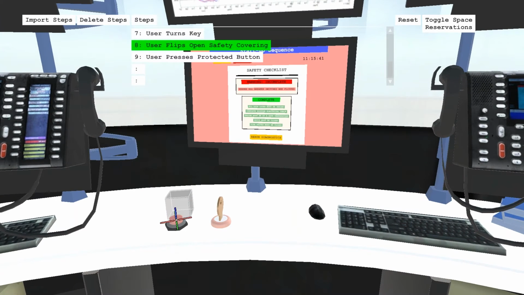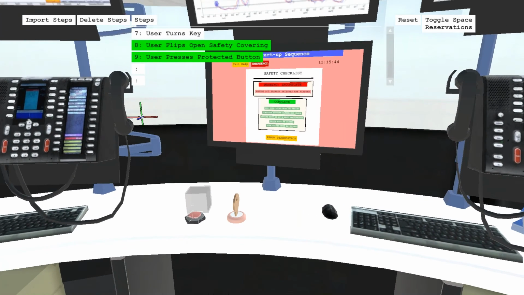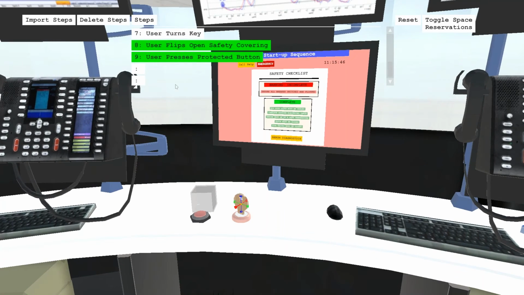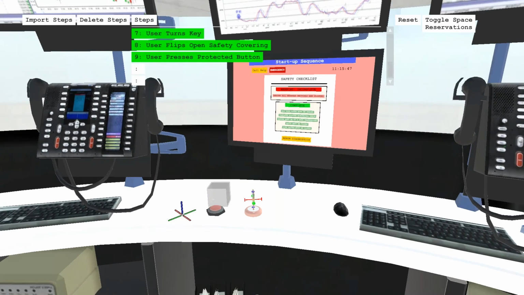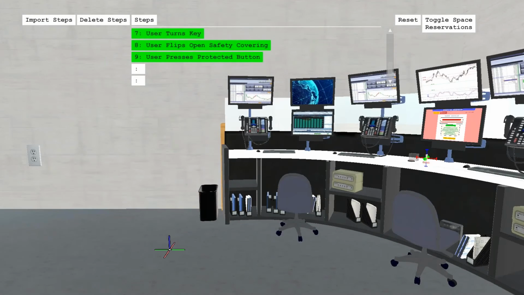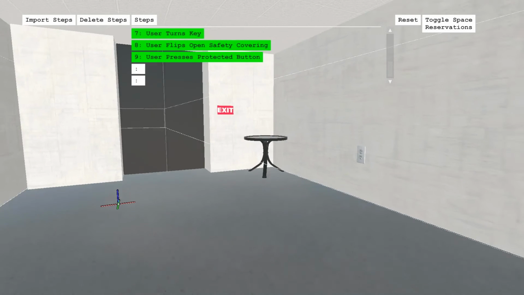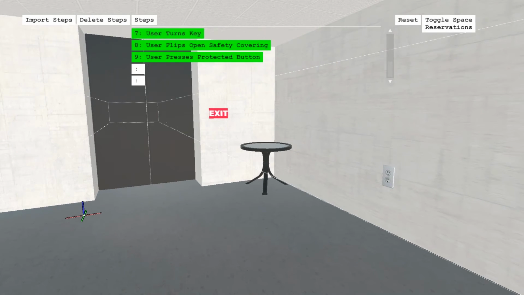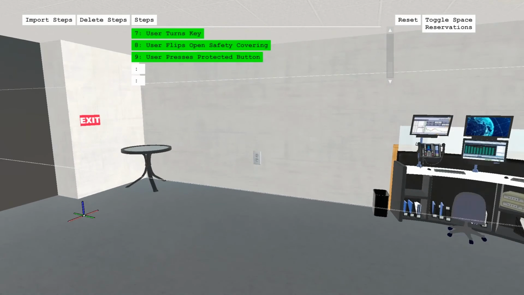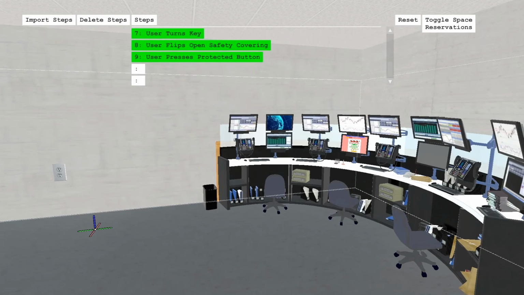So a lot of options that we can do with this, we can turn keys, we can press different buttons, however the user requires it. So, we're doing this for our customer. We've shown off tons of demos of this, and even in a simple case like this, people are really understanding